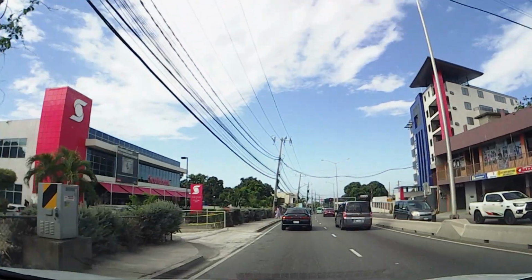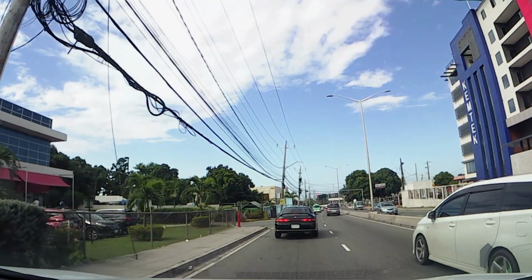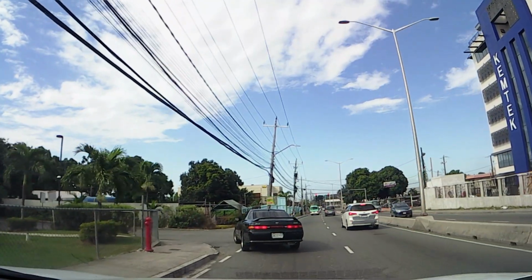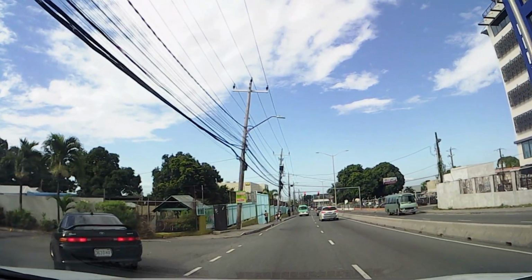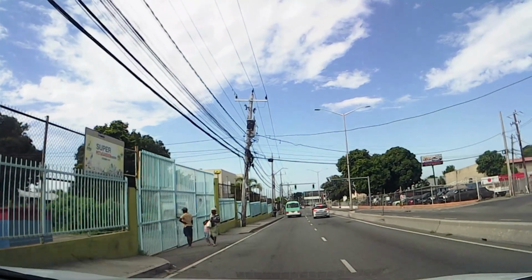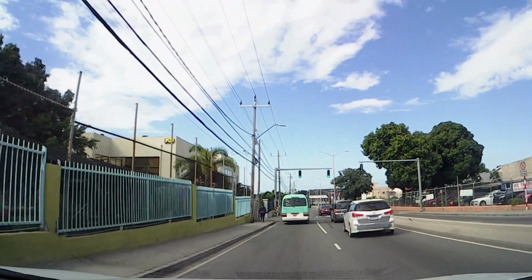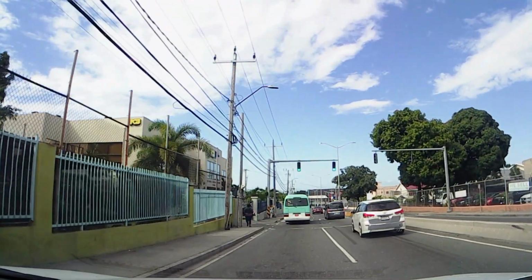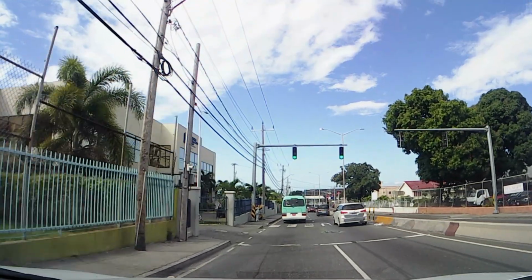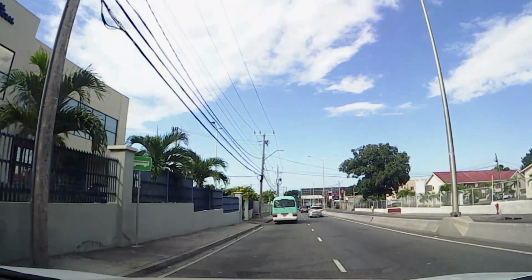So on our left hand side is the Scotiabank, as well as on your right you see this new building, Comtech. Actually, I don't know what is going to be there, but it's a new building that has been built. Next is NCB Commercial Bank on our left hand side here as well. As we head further down,